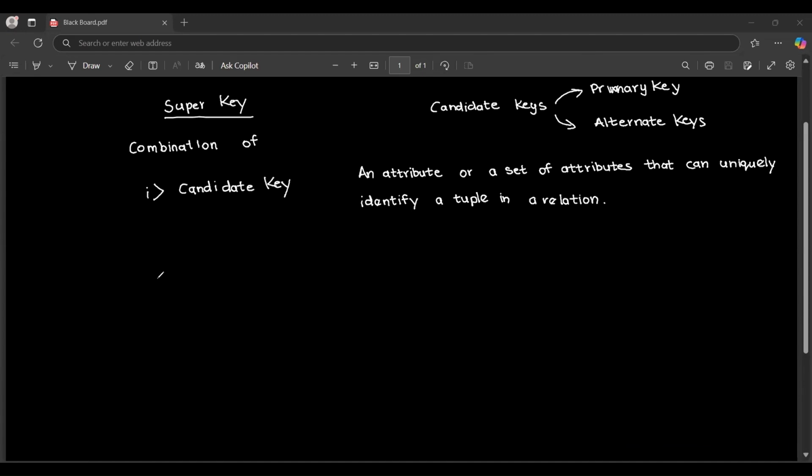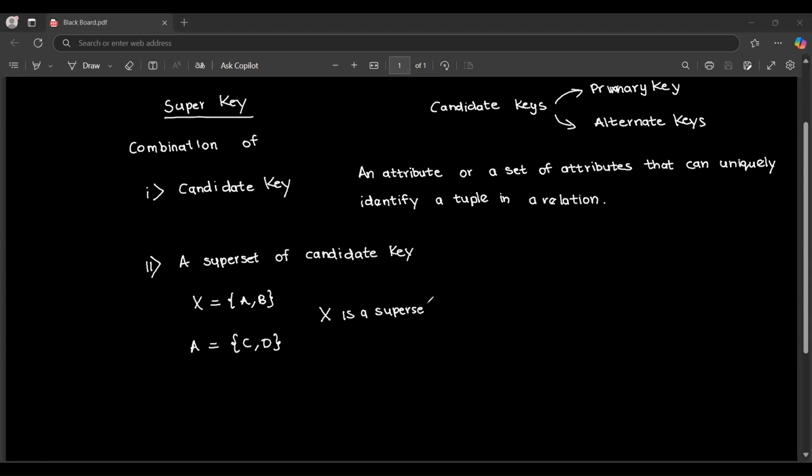Now let's talk about the second one, a superset of candidate key. I have already talked about superset. If X is equal to A comma B, and A is equal to C comma D, you can say X is a superset of A. And similarly, superset of candidate key means, let's say,